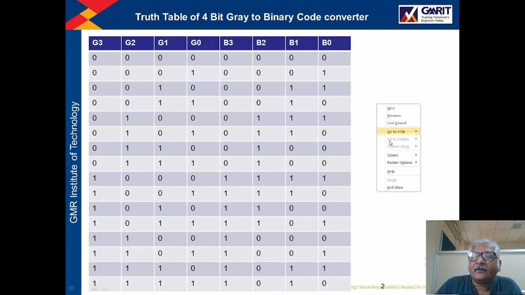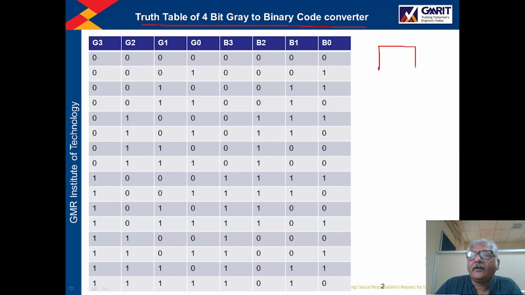So here, this is the truth table of the 4-bit gray to binary code converter. So basically we need a circuit like this. I am drawing the block diagram. The 4-bit inputs are G3, G2, G1 and G0,